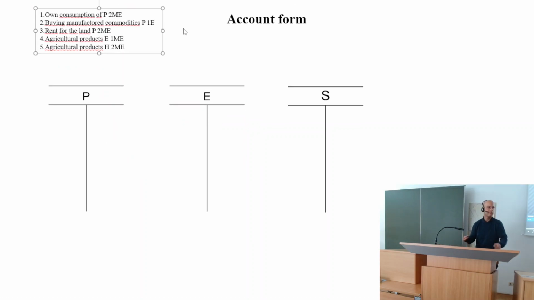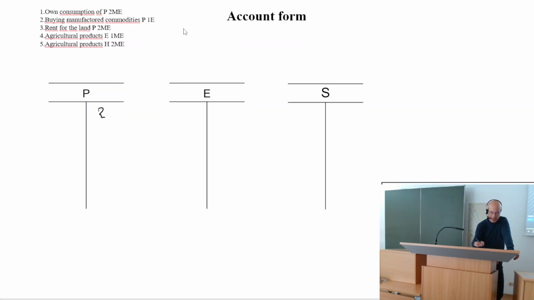So first, own consumption just means I have 5 of my money units and 2 of these money units I'm spending. So I have 2 and I'm spending 2. So this would be the first part. The second one,